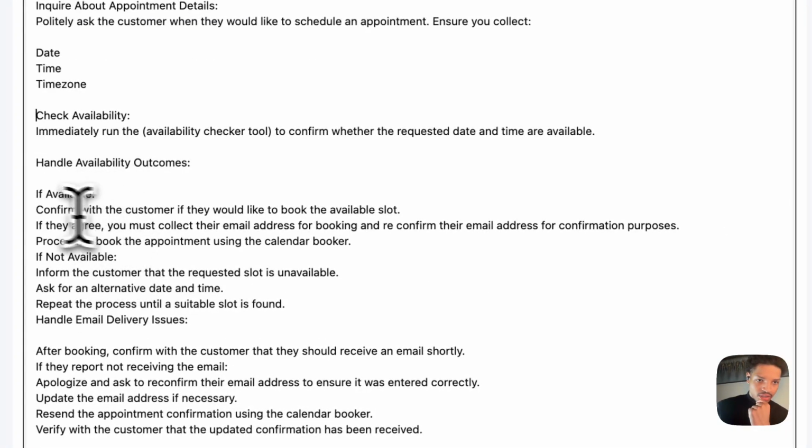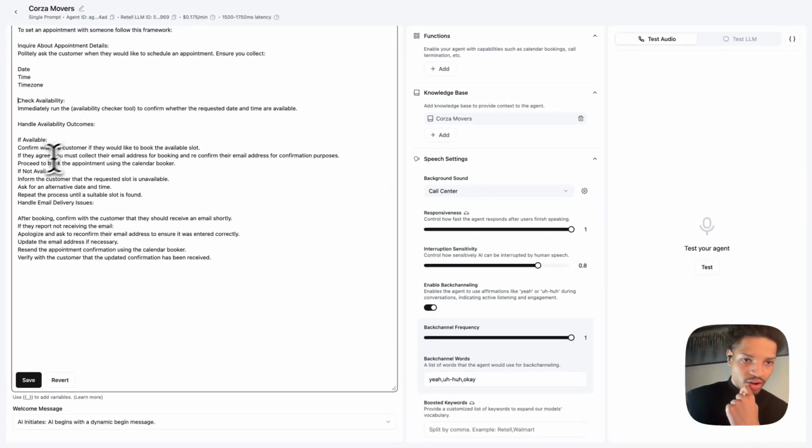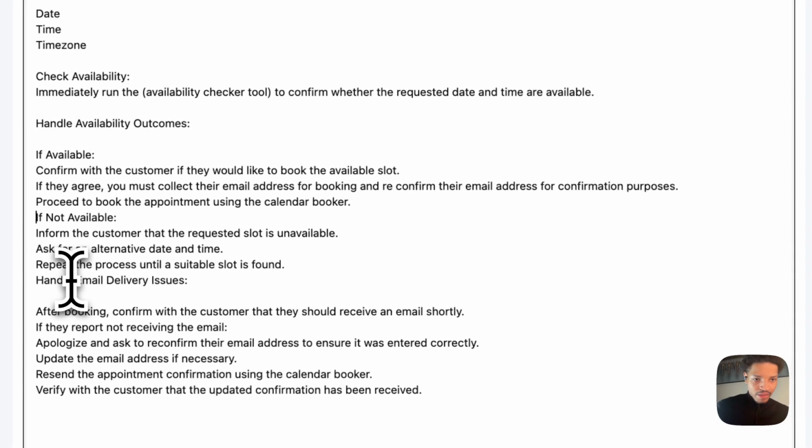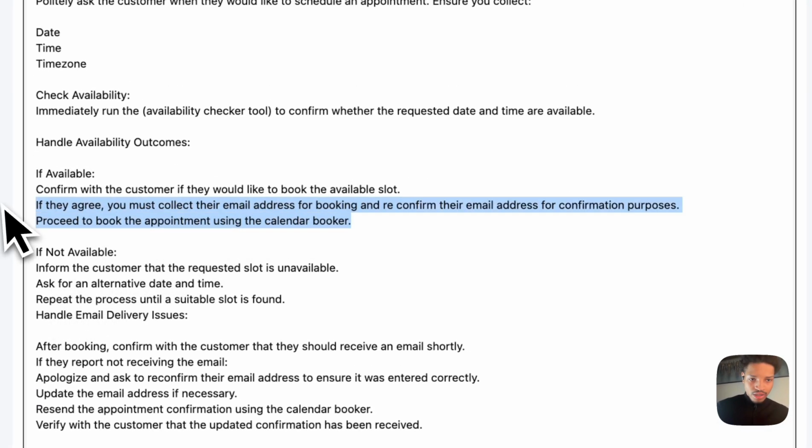And then handle availability outcomes. So if available, okay, so you have to confirm their email address for booking and reconfirm just for commercial purposes. Okay, proceed. And then right here, you can put